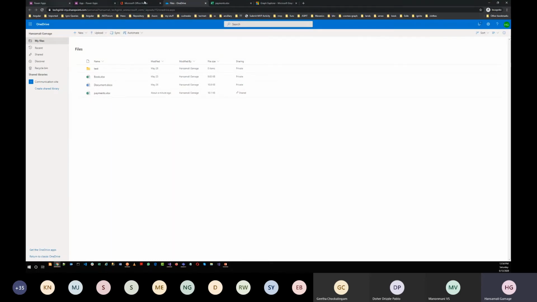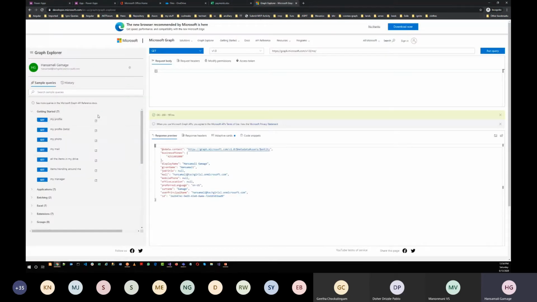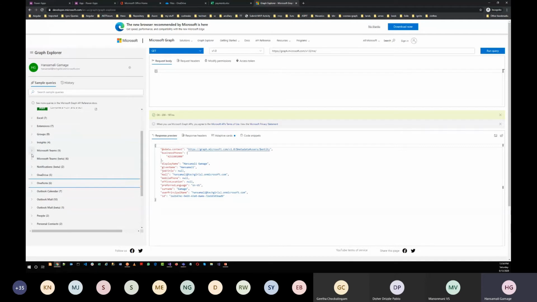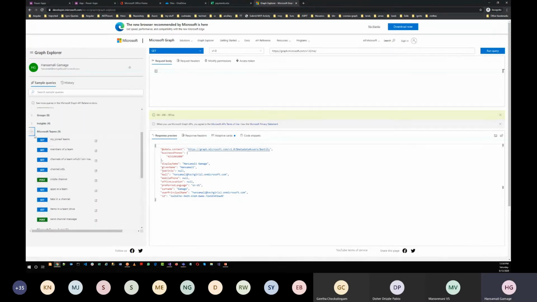For that, if we move into the Graph Explorer, you have different sets of APIs. This is related to the application. This is related to the Excel file. If you want to do something with Excel, you have to use this Microsoft Graph Excel API. If you want to get Microsoft Teams information, you can go with this API.